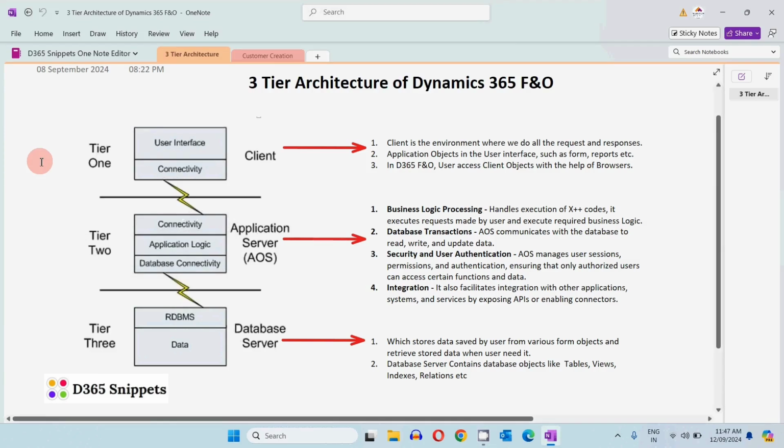In this video, we will discuss the three-tier concept of Dynamics 365 Finance and Operations. Basically, this is divided into three major parts. Tier 1 is the client part, tier 2 is the Application Object Server (AOS), and the third tier